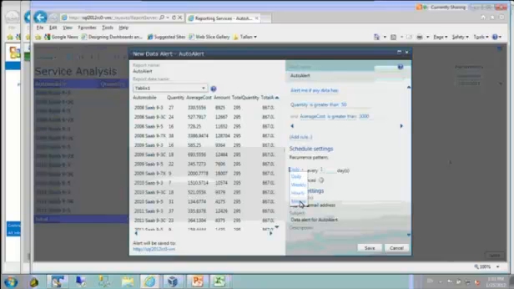But daily, maybe hourly, is not a bad thing to keep an eye on some of these metrics. And then the distribution is most commonly going to be via email. You can set up, obviously, a group alias or an individual to email this to. You have some control of the subject line and a little note that goes into it. And from there, if we had Outlook on here, we would be able to get the alert once